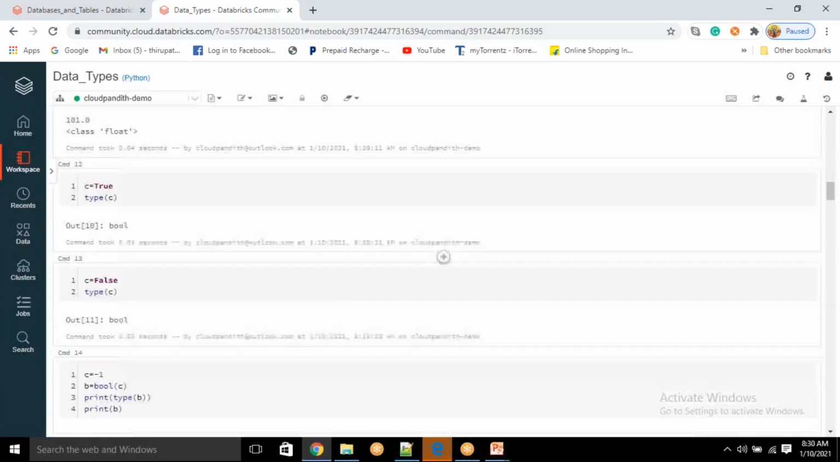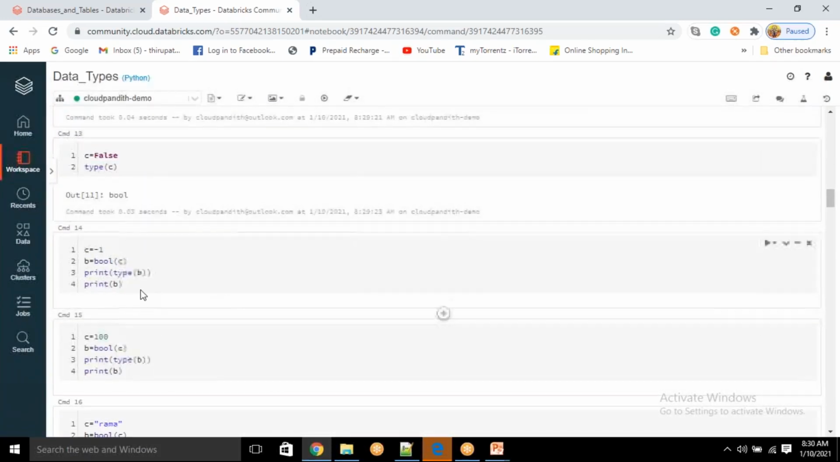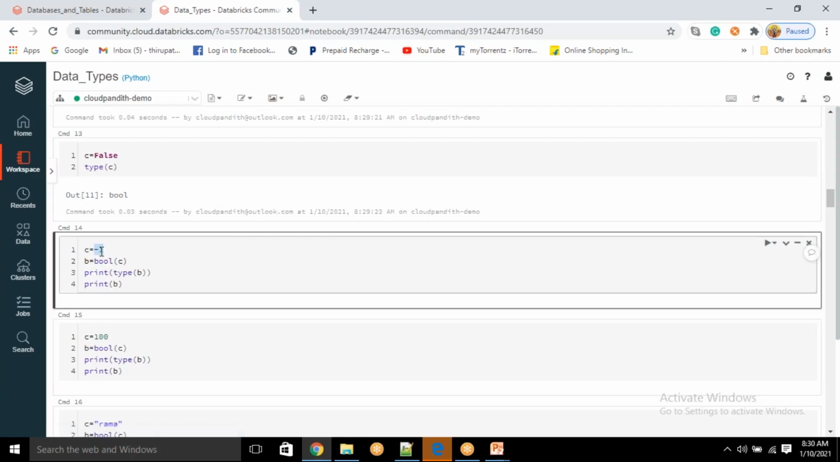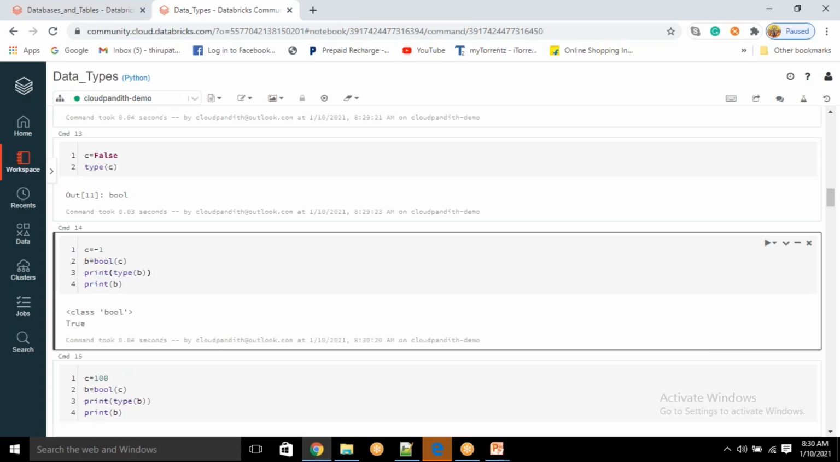You understood now, right? So till here we covered. Now C equal to -1. B of Boolean, so I'm converting C value into Boolean. Then type of B. You see what it will give. It is giving Boolean. I am converting C value to Boolean. It is giving true. Remember, you take any value except none